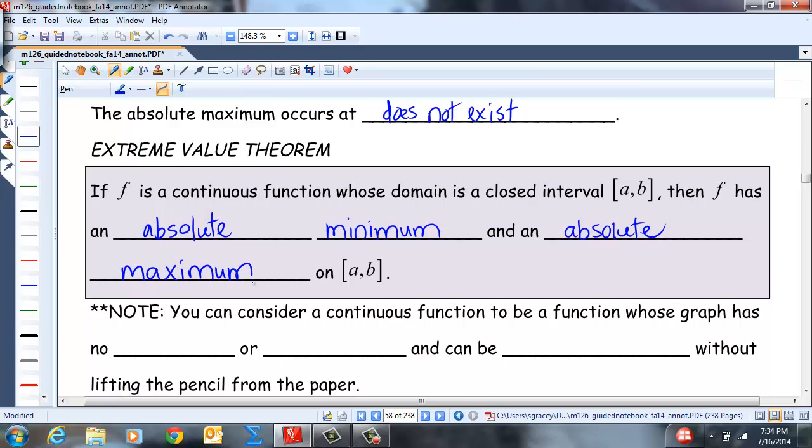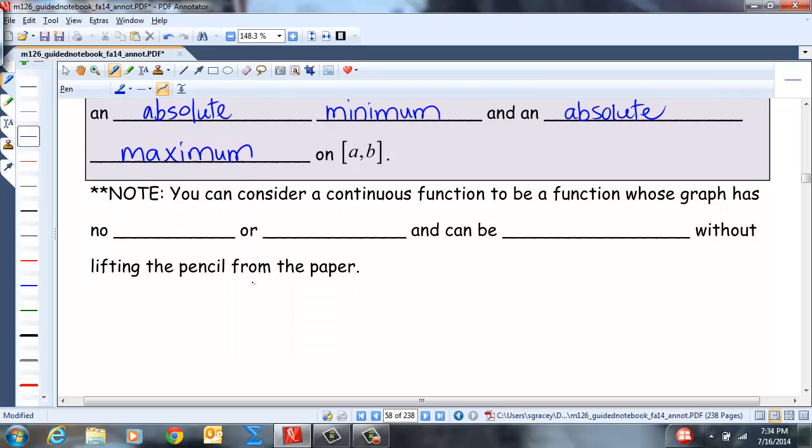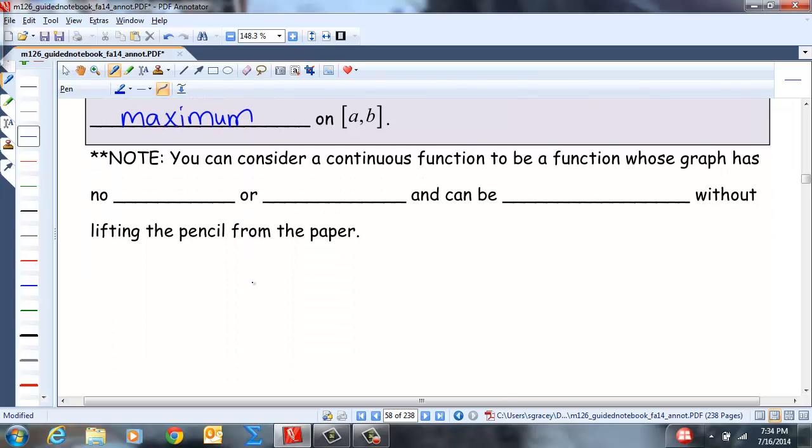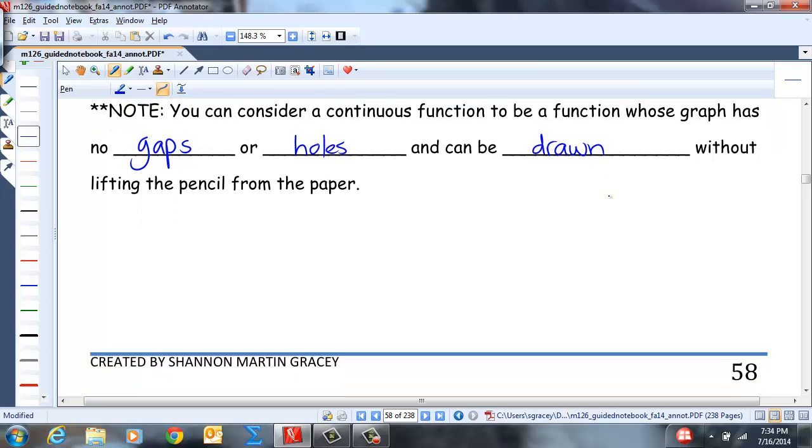On the closed interval. So again, you can consider a continuous function to be a function whose graph has no gaps or holes and can be drawn without lifting the pencil from the paper. So if we had something like, I don't know,